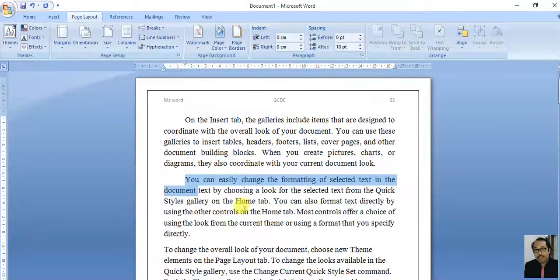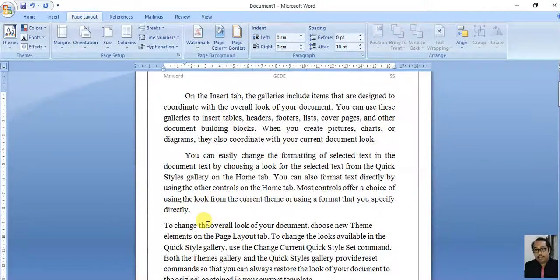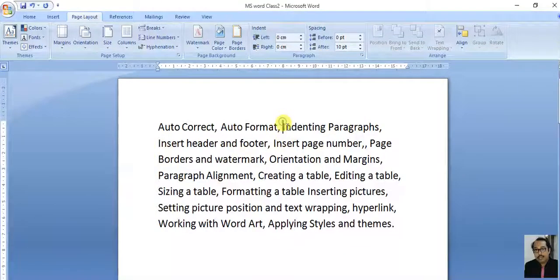Change this. Now it's clear that the paragraph starts. Select this one and simply drag up to this margin, and you find that the paragraph starts. So this is about indenting a paragraph. I can align the paragraph entirely, or I can indent the single line of a paragraph to mark that the paragraph starts. Okay. Next one is creating a table and all the table related operations.